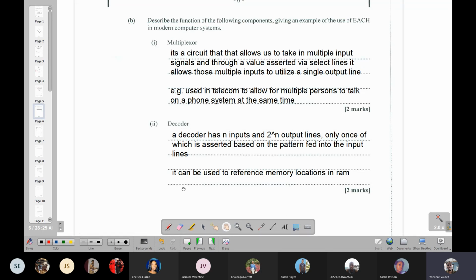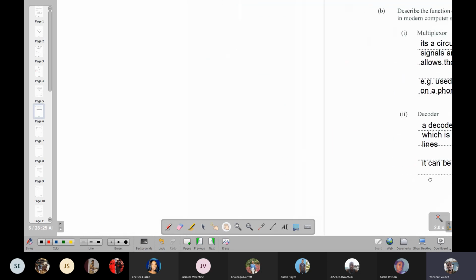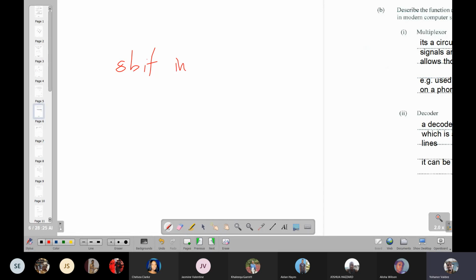Think about, for instance, a memory instruction. This ties into another area of this Unit 1 syllabus that we will come across, like instruction format and instruction size. Let's say we have an 8-bit instruction,